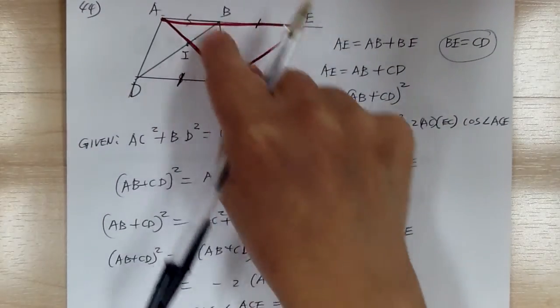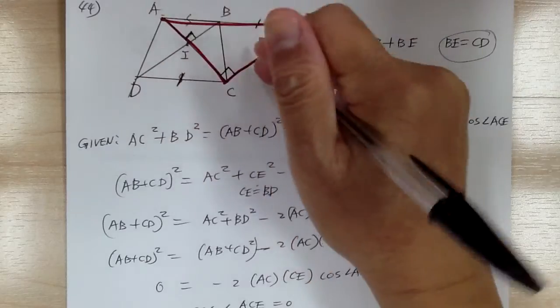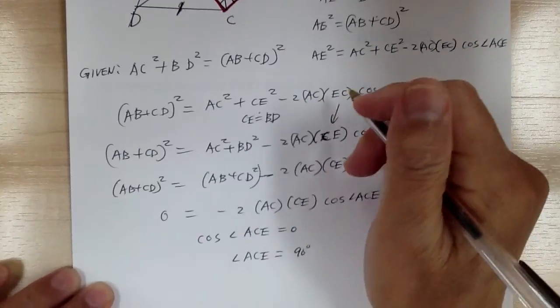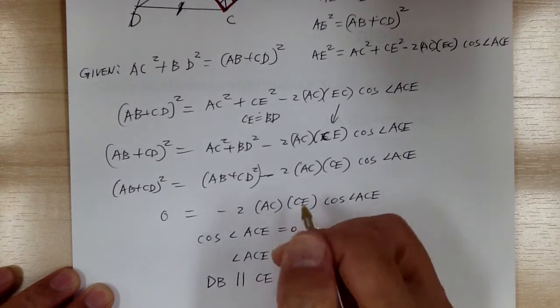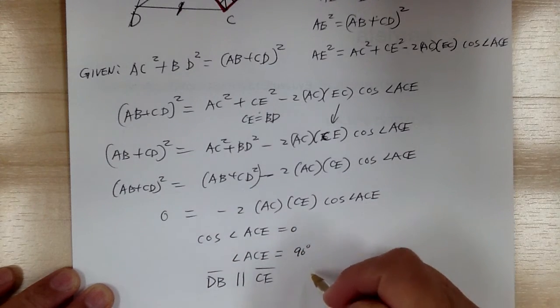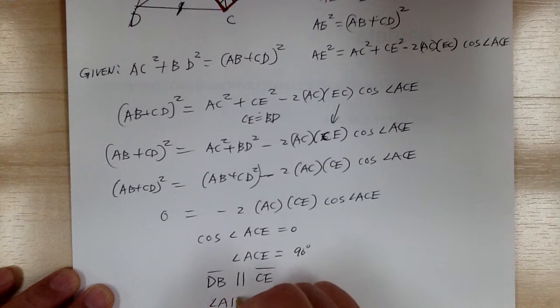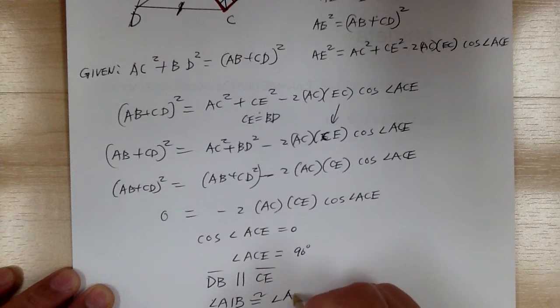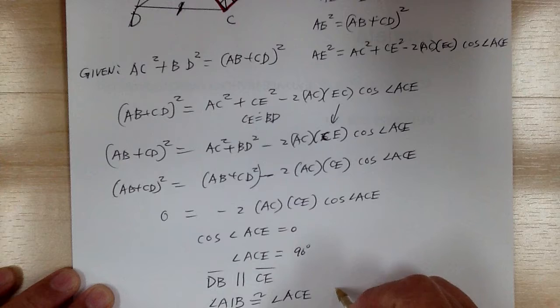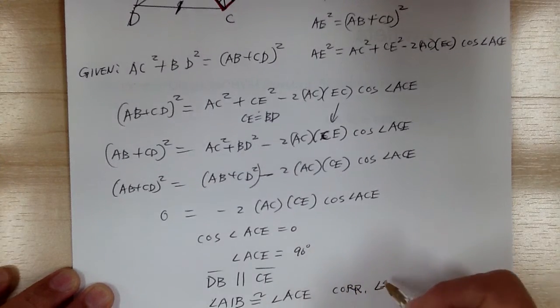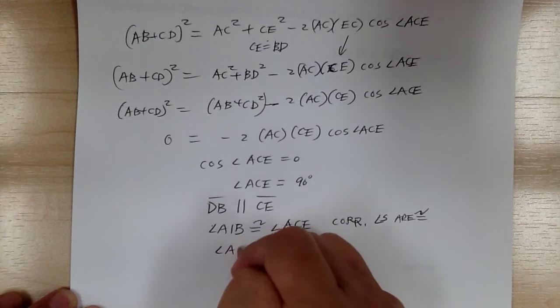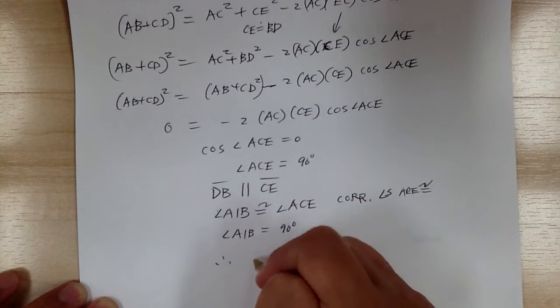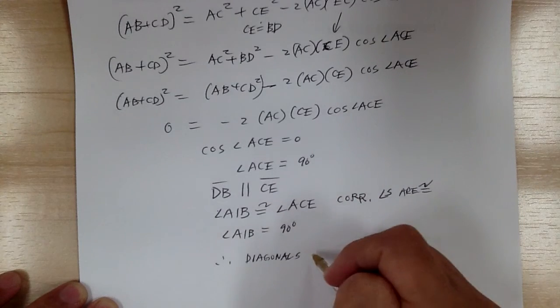Now, because these two lines are parallel, this also is going to be 90 degrees, because these are corresponding angles. So we have DB parallel to CE. And so therefore angle AIB is congruent to angle ACE, because corresponding angles are congruent, and therefore angle AIB equals 90 degrees. So therefore, the diagonals are perpendicular,